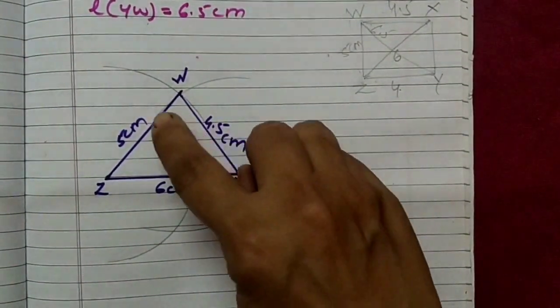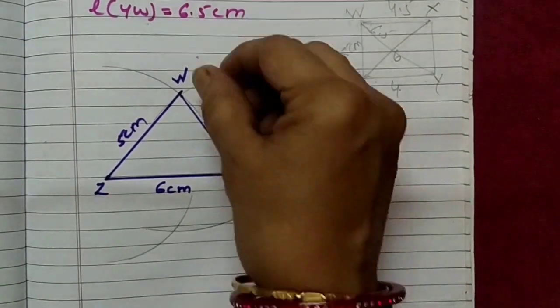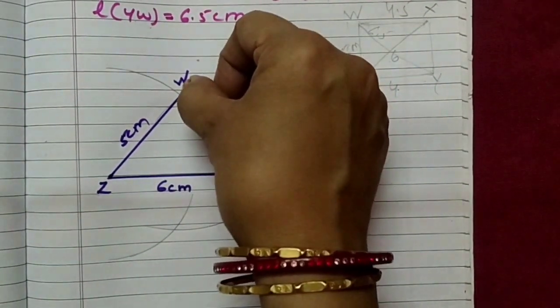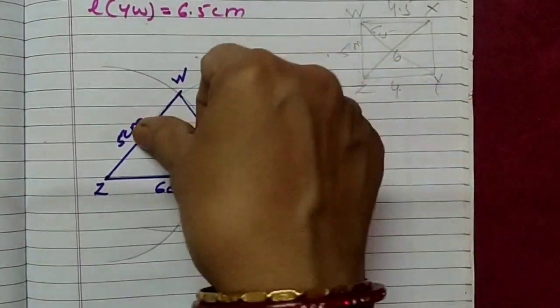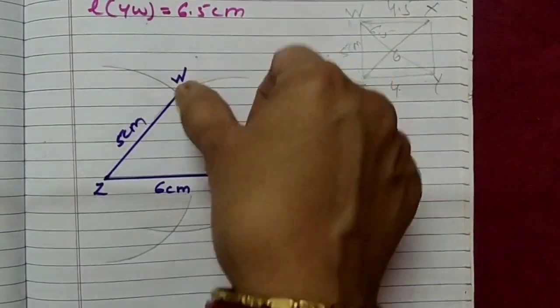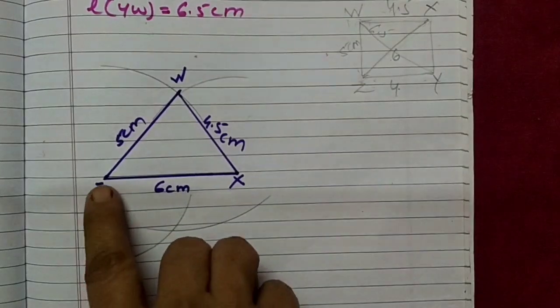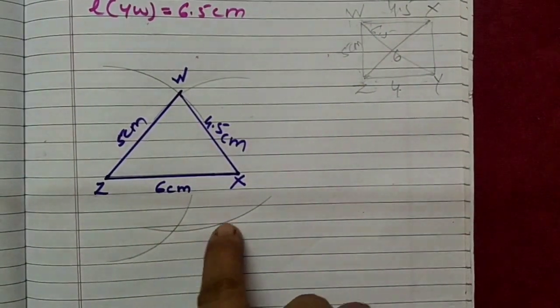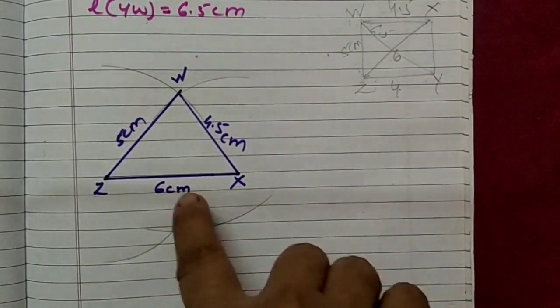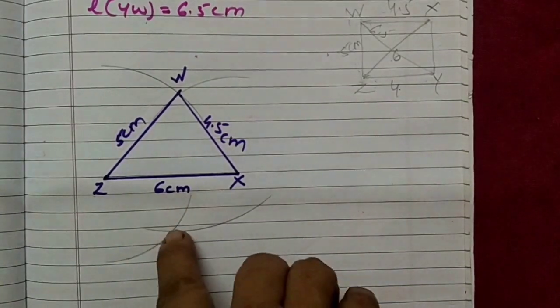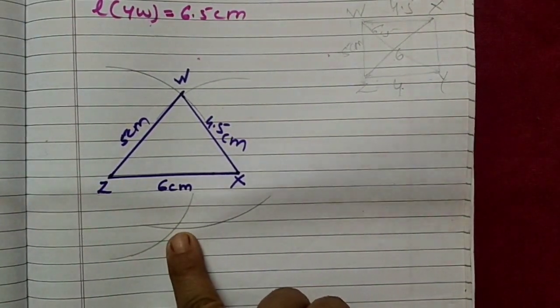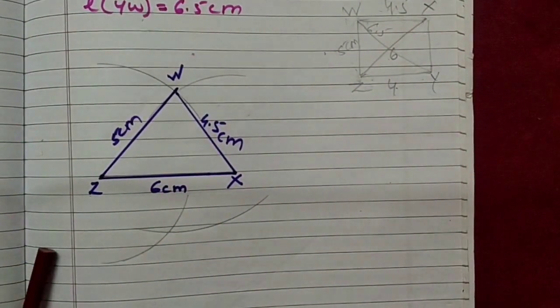From X, each point on this arc is 4.5. So I want a point where both the conditions are satisfied, 4.5 also and 5 also. That's why I got this point. Same way here, this arc is for 6.5 and this arc is for 4. So this point satisfies both the conditions. Okay, so this is my point